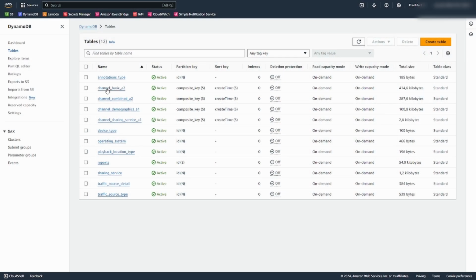Besides the data tables, we will also be creating one table listing the processed report jobs. We can then check against this list when we contact the YouTube API so that we don't process a job multiple times.